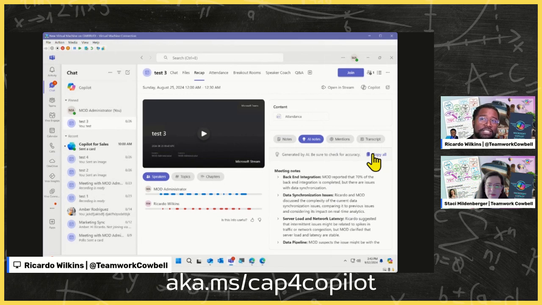On a future session, I want to talk about the OneNote integration with this as well, which I absolutely love. I'm a big OneNote fanatic. So when you talk about that copy all button, I'll show you why OneNote says, no need for copy all, I'll do it myself. It's very cool. But anyway,